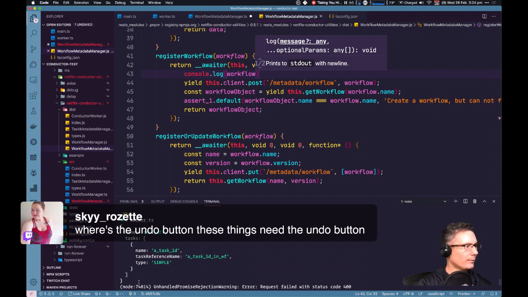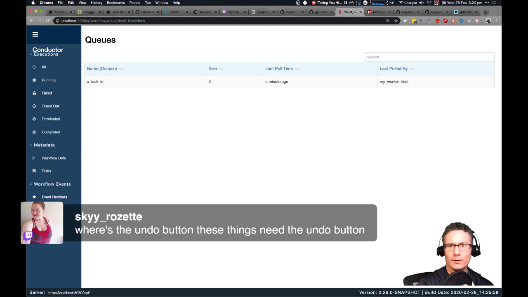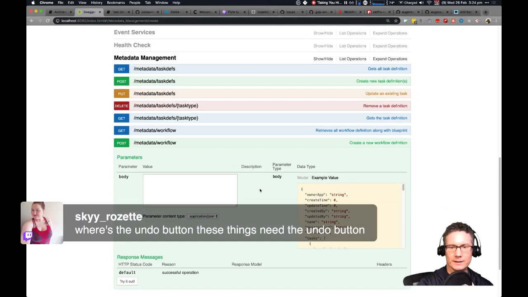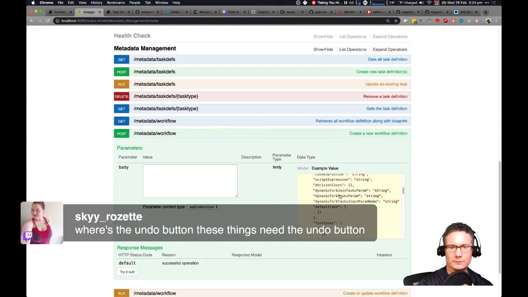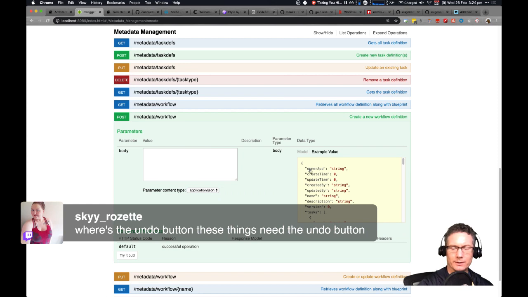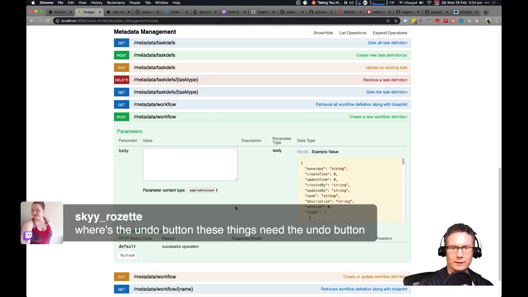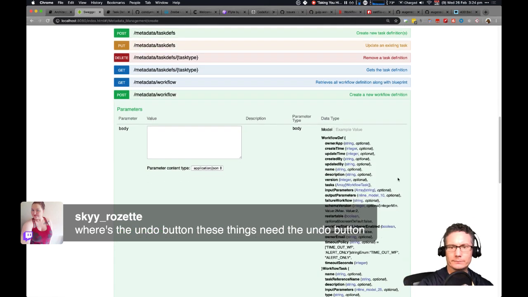Now, if I have a look at my Swagger definition over here, this is what needs to be posted in. Parameter type body, it's got to post in a bunch of stuff. Name, description, name. Okay, model. Here we go. Optional.